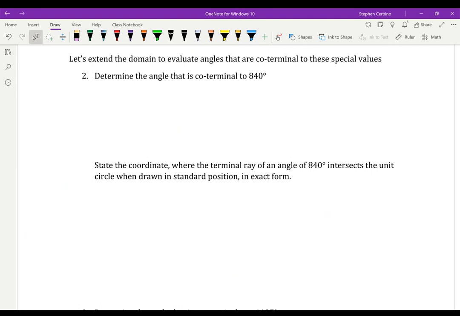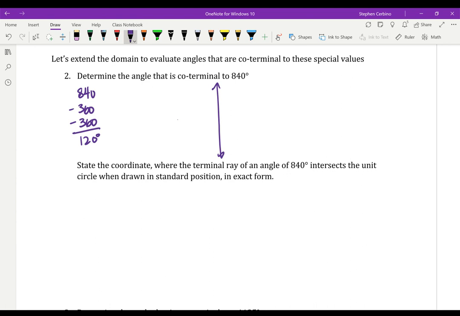So if I have 840 degrees, what we learned in the last chapter is we want to find a coterminal angle to that. So I'm going to subtract 360 away from that twice, and that's going to leave me with 120, which is a quadrant 2 angle. So if I wanted to draw a quadrant 2 angle here, I would start by making the initial ray, which a lot of you forgot to do on the quiz, make 2 full circles,